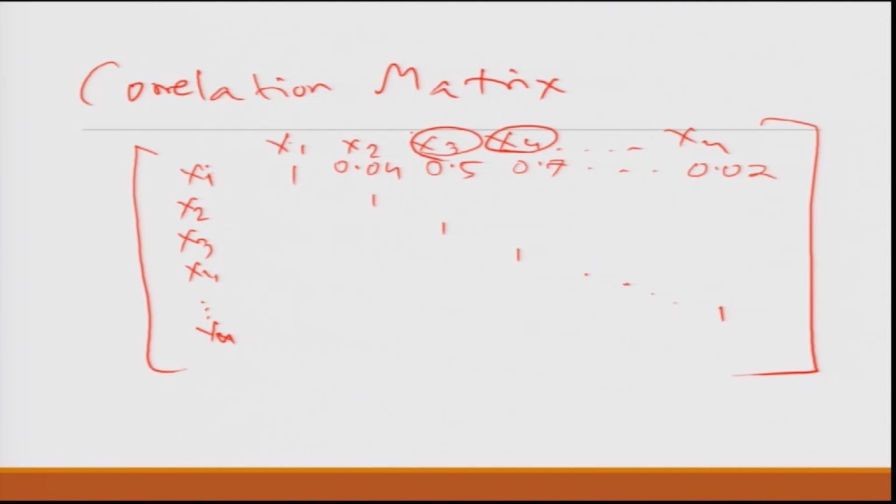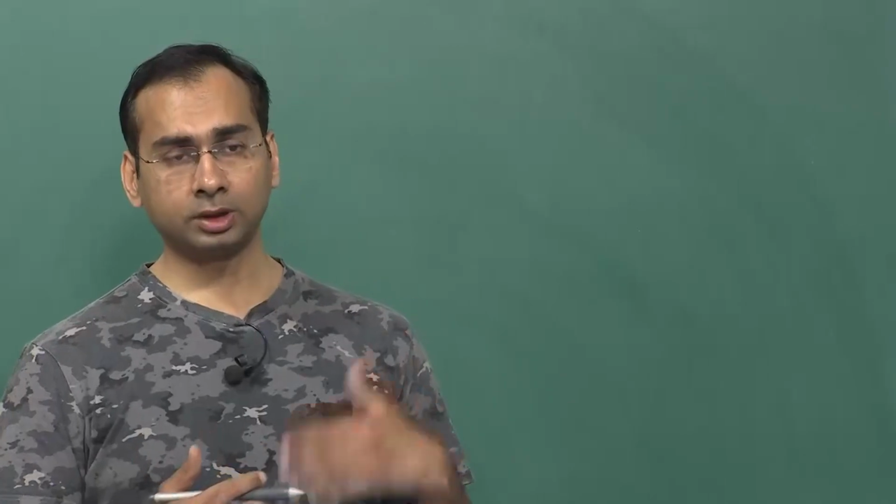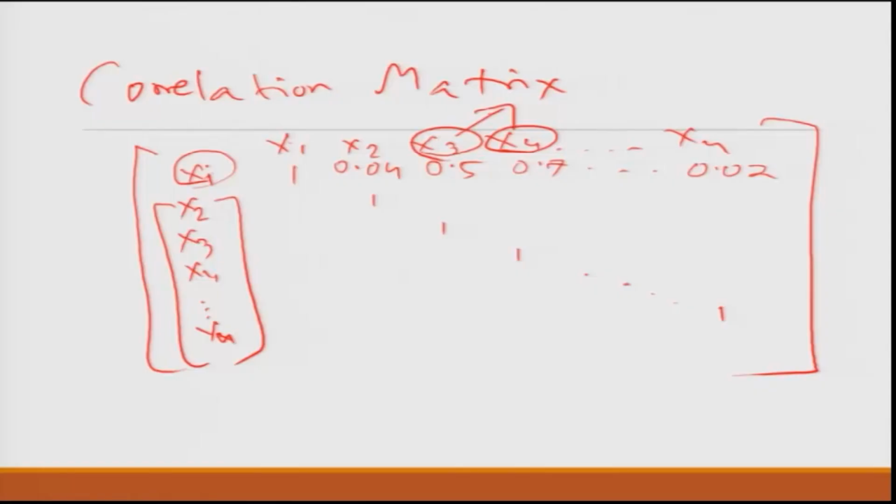However, let me tell you, because by the very nature of the maths of multiple regression, you may find out that if you eliminate one of these variables, sometimes the other variable also gets eliminated, and what is left is that some of the other variables become important. So just removing one collinear variable can also remove the variable with which it was correlated, and then the rest of the variables become important. This is why you have to take different variables at a time and then do the same analysis. So one of the ways is to just choose one of these variables.